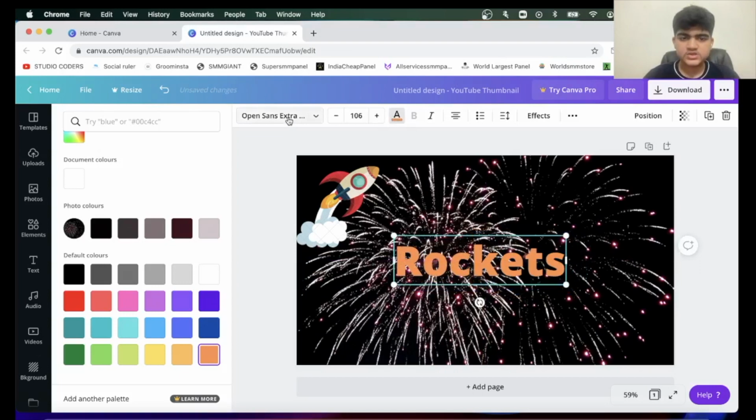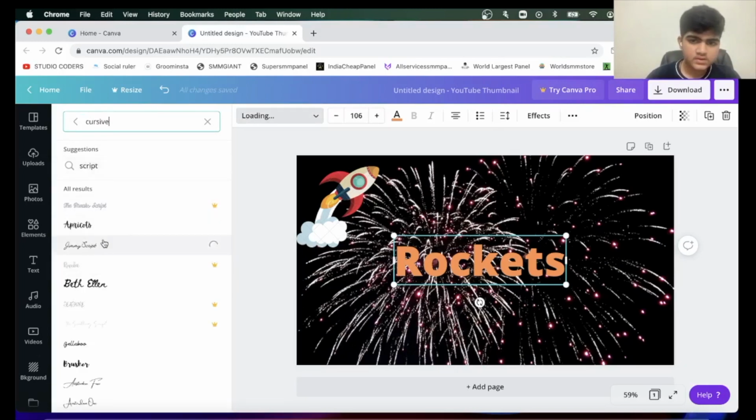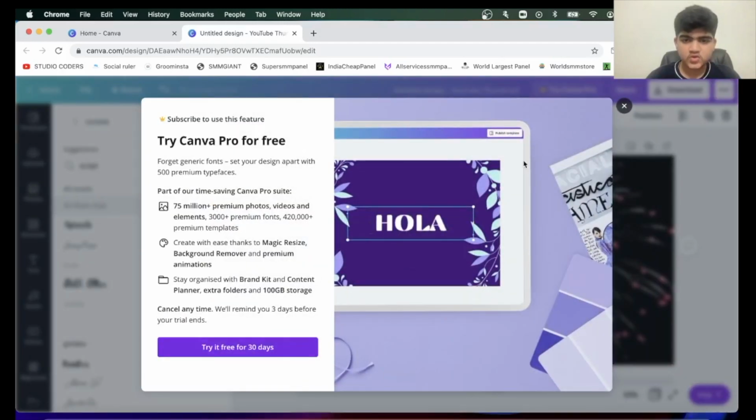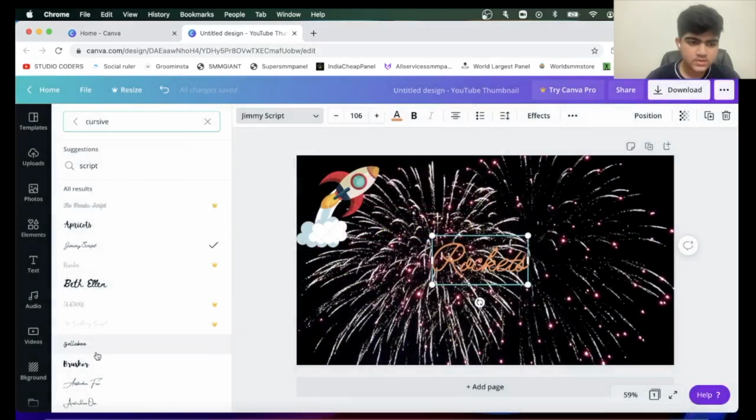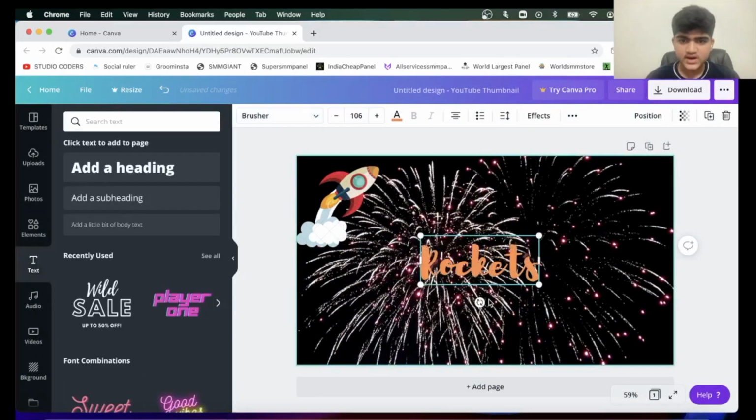Then from here you can change the font, like cursive or anything that you want. These icons show Pro, so you need to pay for that, but there are many for free, so it's a great tool. I personally recommend it.